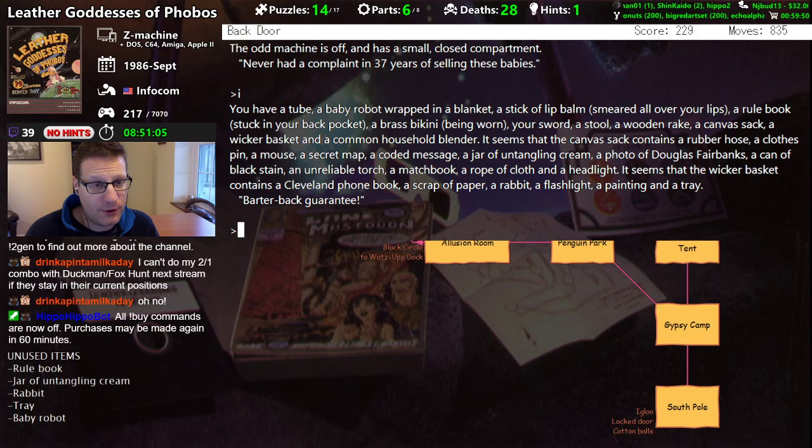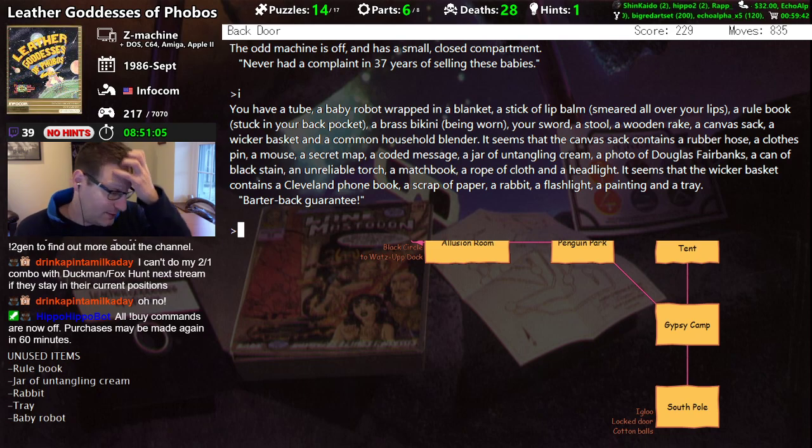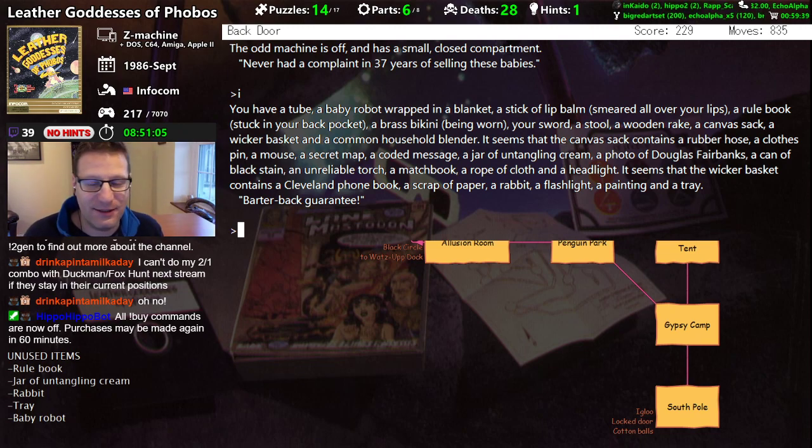Yeah, so we started Leather Goddesses of Phobos yesterday. We got pretty far. It was a long stream. We got 6 of the 8 parts we need to try to attack the actual Leather Goddesses in the plaza. So we're missing 2 parts. We know where the 2 parts are. One is a pair of cotton balls that's in an igloo, which is actually an orphanage, and we can't seem